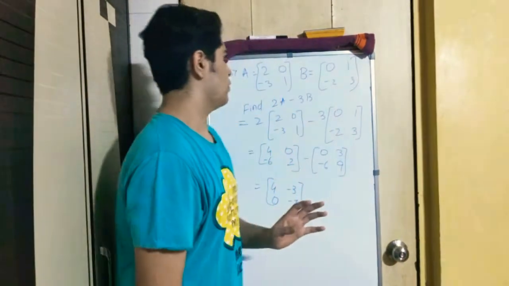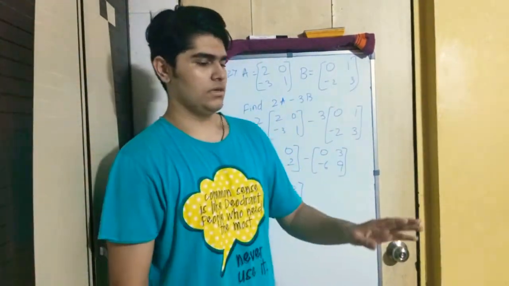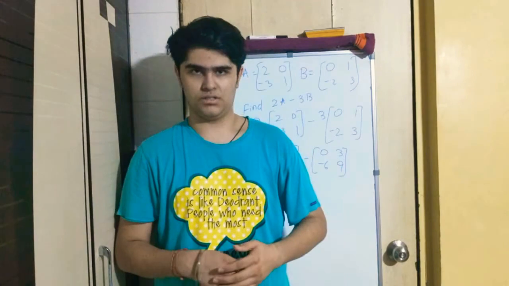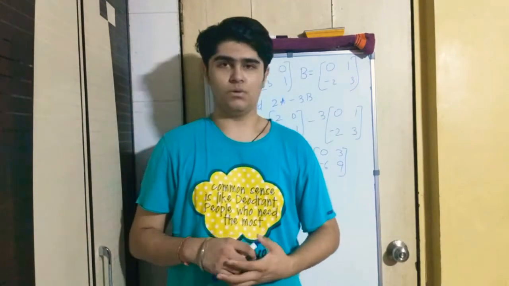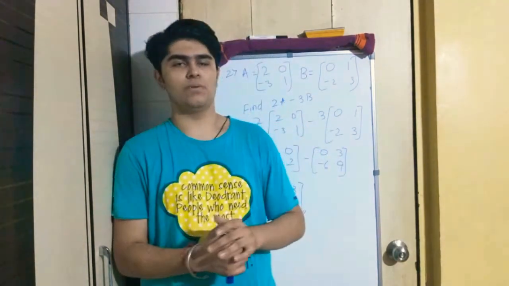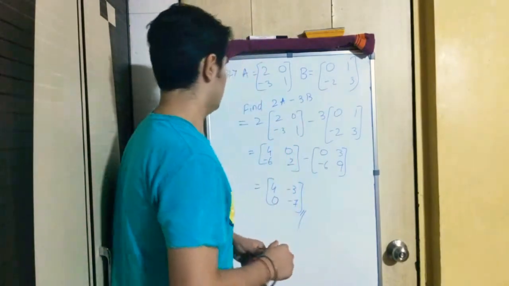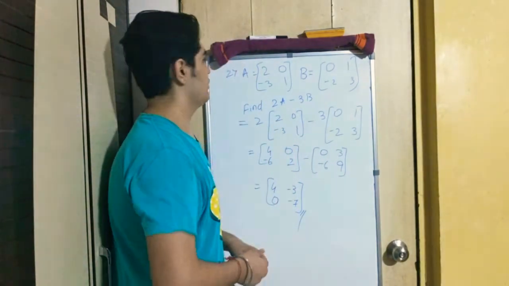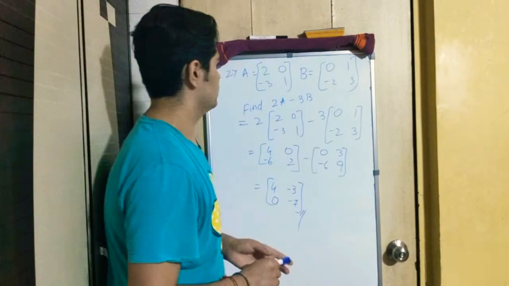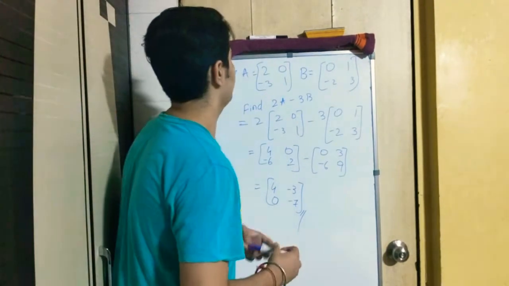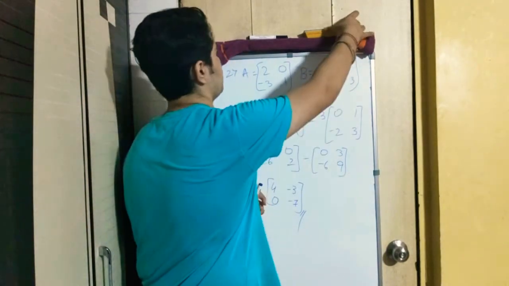I'm not doing all the sums of the textbook because most of the sums are similar. So I'm doing only selected sums which you might find difficult. You can copy it down. You can even copy it down by pausing the video. I hope you have copied it. So let's get on to the next sum.